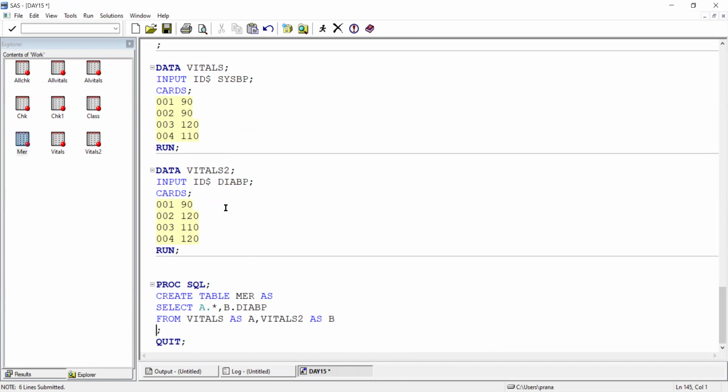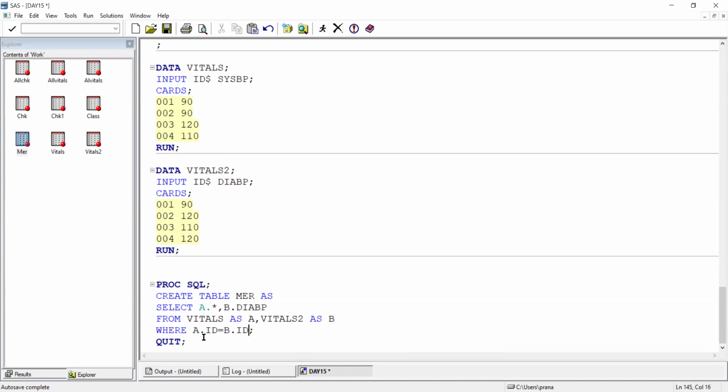It should merge by checking the ID, and only if the ID matches, then the diaBP value is merged to this observation. For that we have to give a where statement, where A dot ID equal to